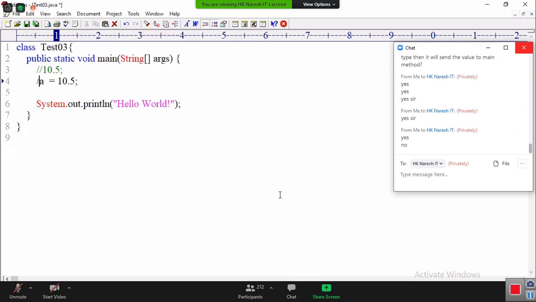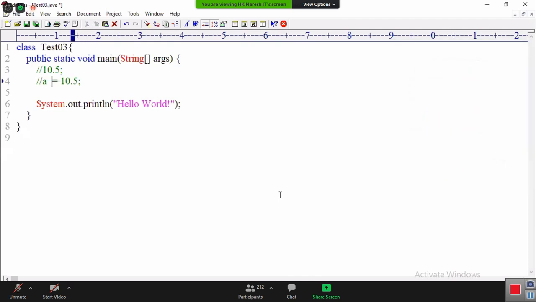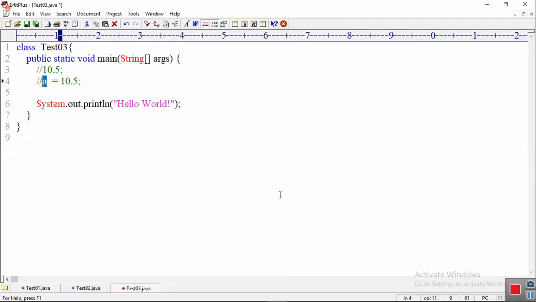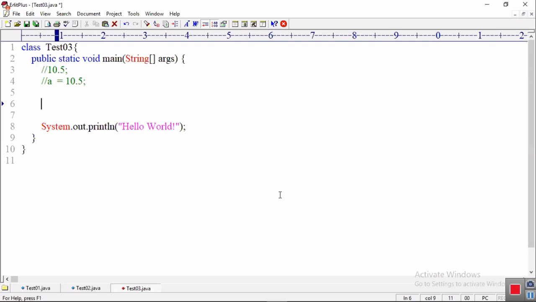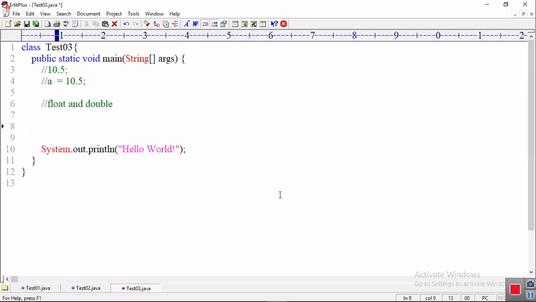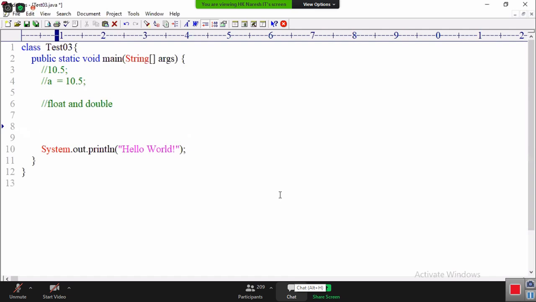Cannot find symbol variable a. First of all, if you want to store this value, you must create this variable a with some data type. Which data type do I have to use? To represent a floating point number, we have two data types, float and double. Now my question, which data type must I use?